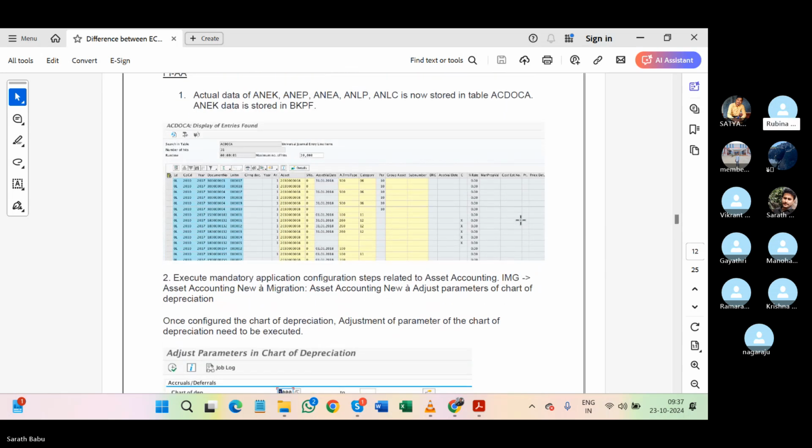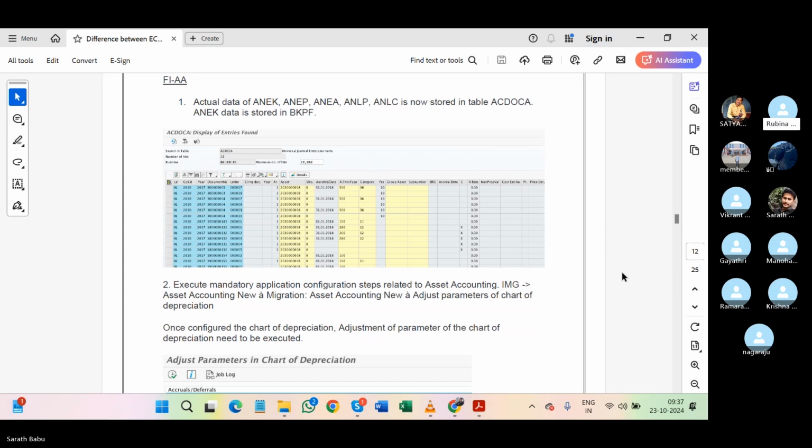Yeah, coming to this asset accounting, here we are having ANEK, ANEP, ANEA, and ANLP, ANLC, which are now stored in ACDOCA. All these tables will be stored in ACDOCA. ANEK data is stored in BKPF. So all these tables are being replaced in S4HANA. Only this ACDOCA is available for asset accounting also, and apart from ANEK, the data will be stored in BKPF. And then here,